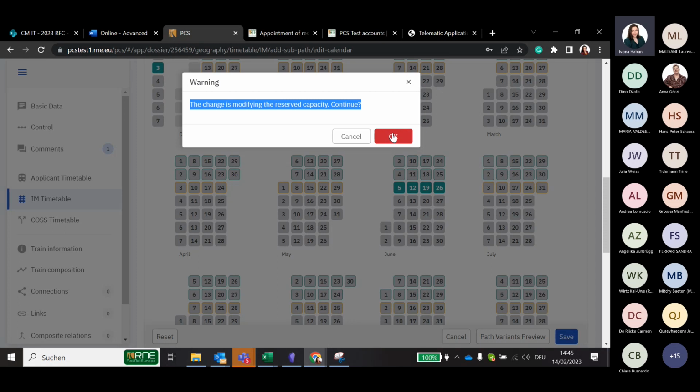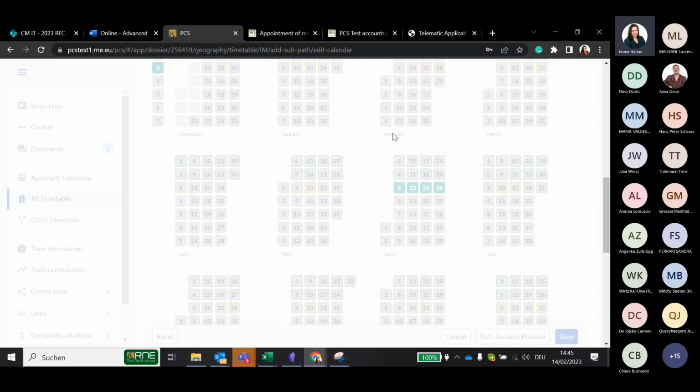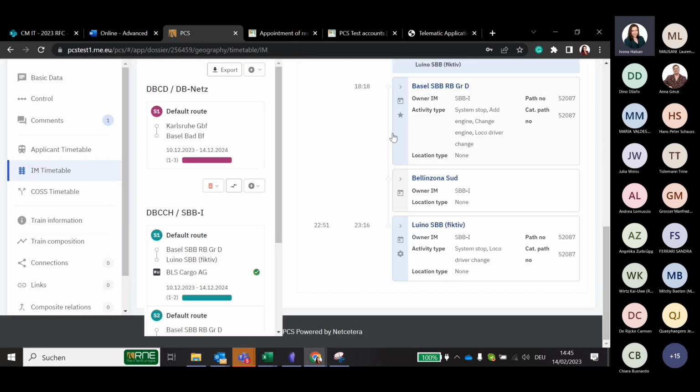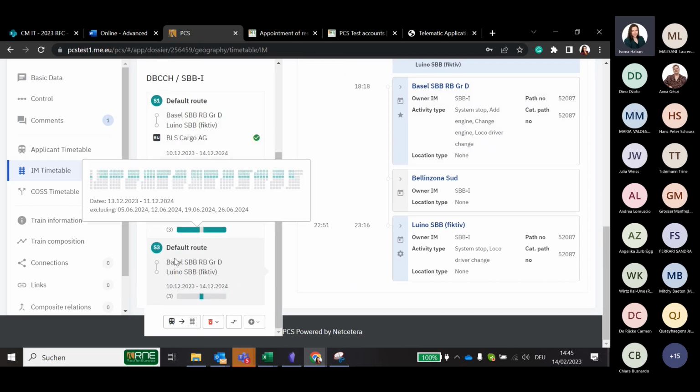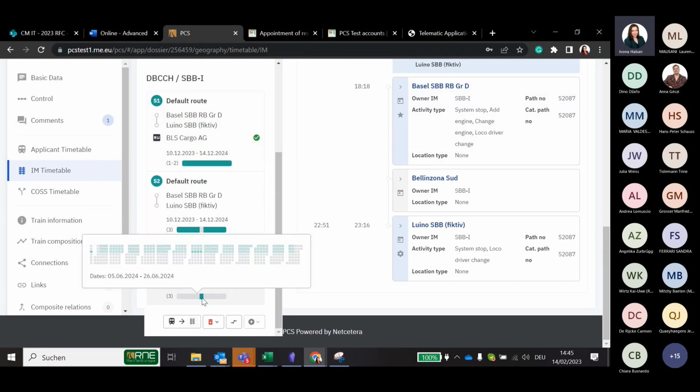So yes, I want to change the reserved capacity, so I will remove those 4 days from the